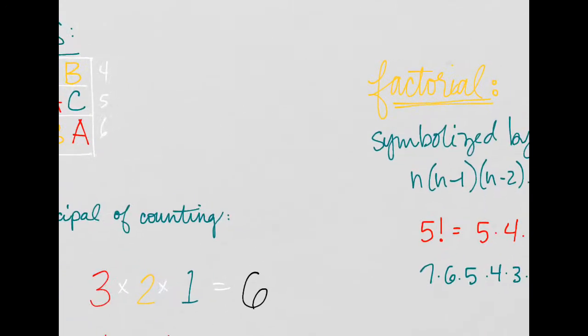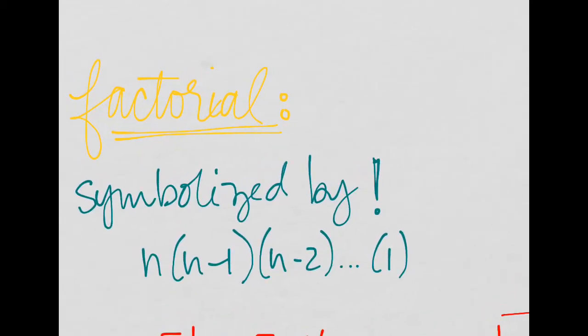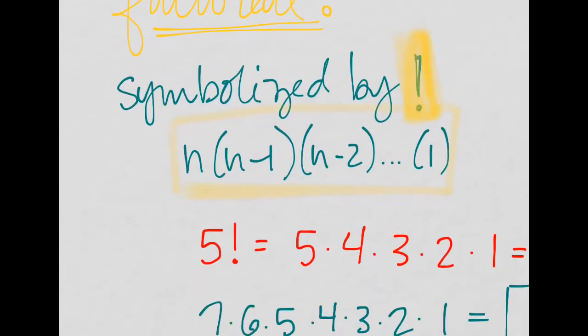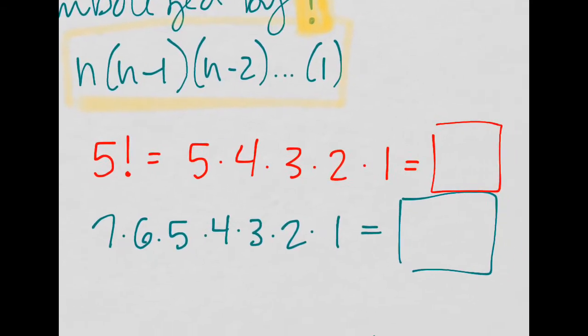Okay, all right. Now, this is a pattern that comes up so frequently in math, they decided to give it a name. It's called factorial, and it's symbolized by this right here. This is an exclamation point, and it is also in math a factorial, which just means, here's the fancy formula for it. All this means is, hey, I've got some number. And then the next thing I multiply is 1 less than that. The next thing I multiply is 2 less than the first one, 3 less than the first one, 4 less than the first one, 5 less than the first one, right? So if I had 5 factorial,